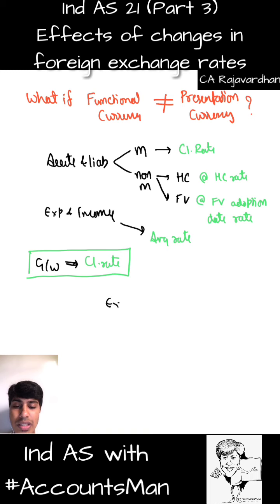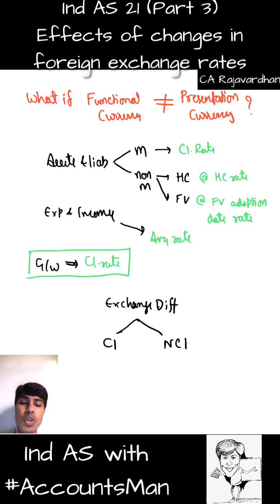And when we do this, what if there is exchange difference arising? This exchange difference should be categorized into two parts. One is the part which belongs to controlling interest, the other part which belongs to non-controlling interest. Whatever portion of this exchange difference, in the percentage of holding, belongs to non-controlling interest should be added to equity and will be presented in the equity and liabilities side of our balance sheet. Whatever portion belongs to controlling interest will be kept in other comprehensive income till the time foreign operations are disposed.